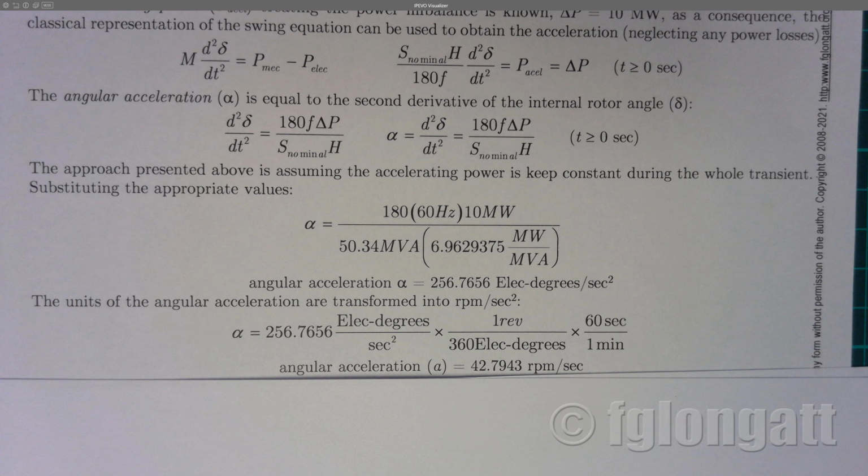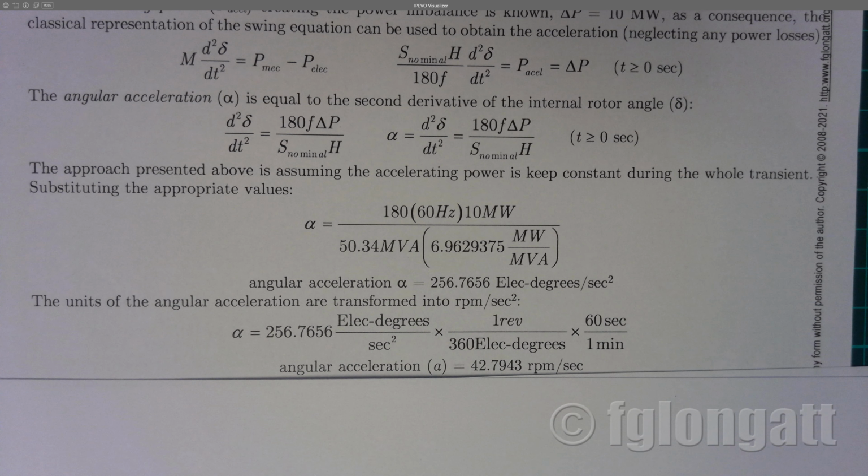RPM per second is a very simple way to express the acceleration in something tangible for people. To convert those 256 electrical degrees per square second, we multiply and divide, and we obtain